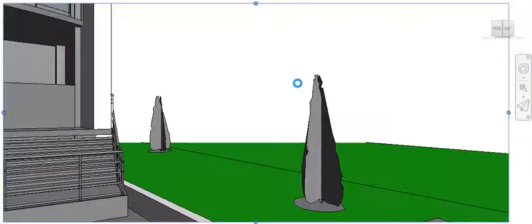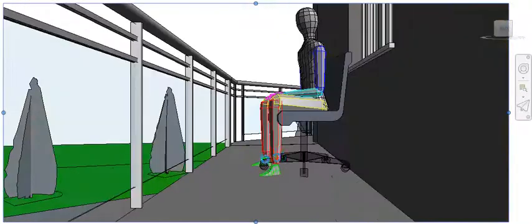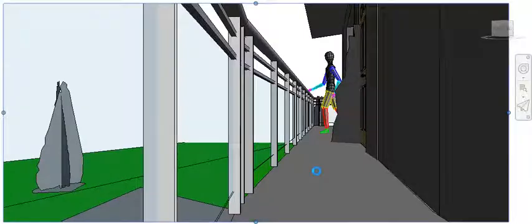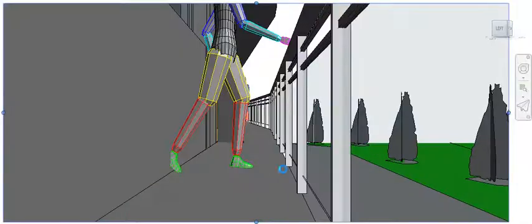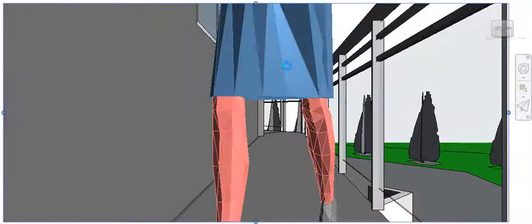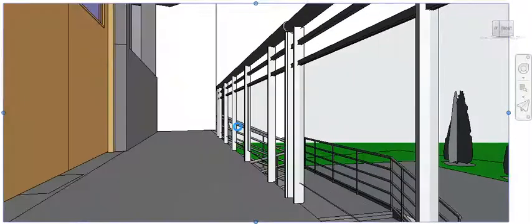Yeah, this is visible. Here you can see the staircase for going upstairs to the first floor. And this is a passage used for balcony purposes.